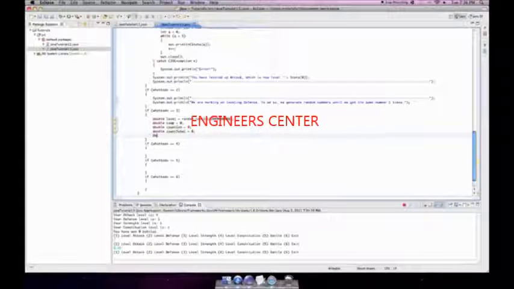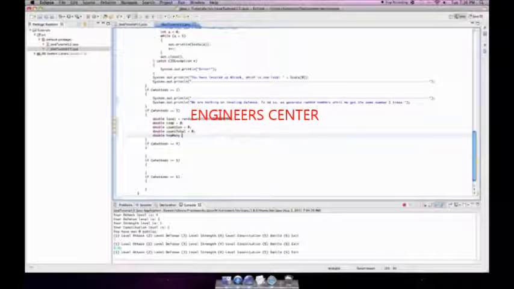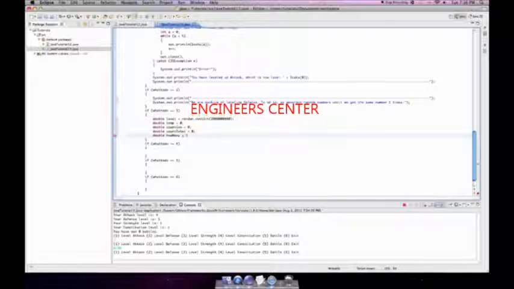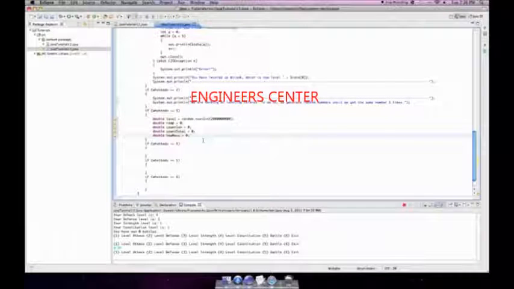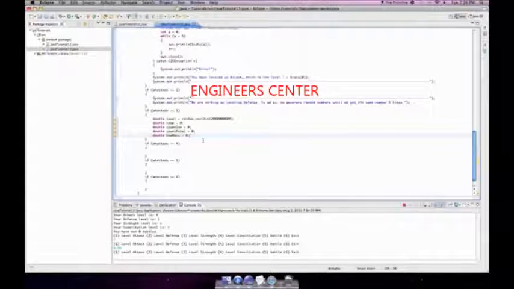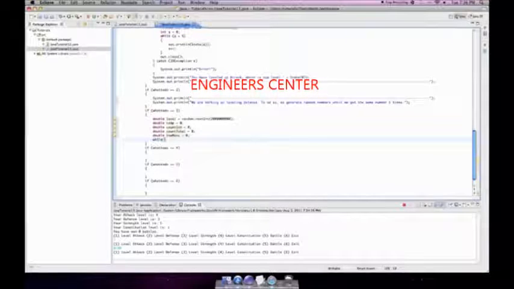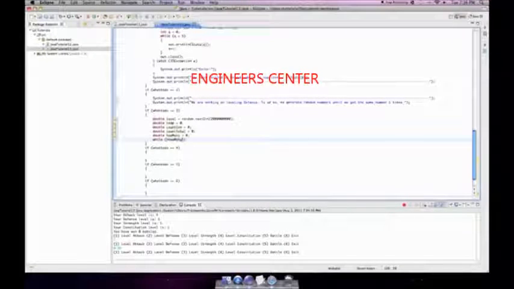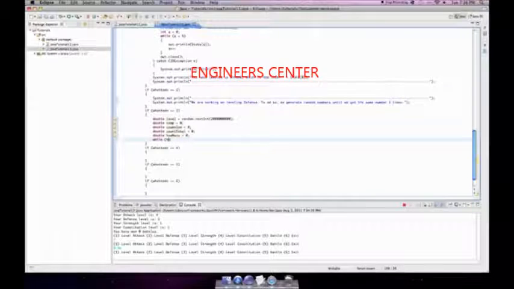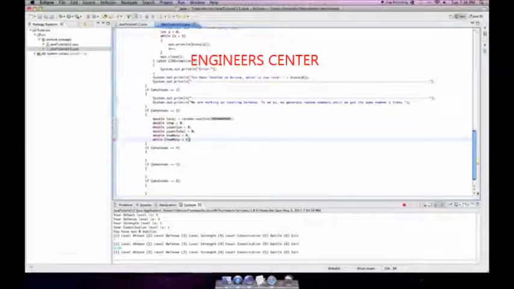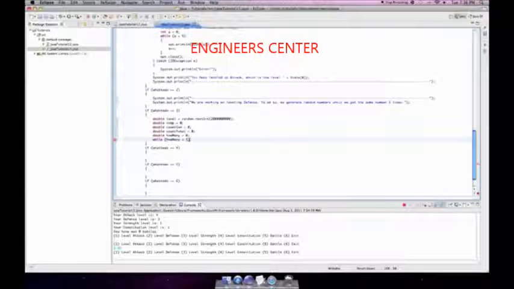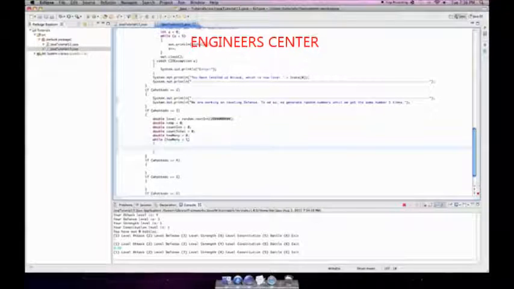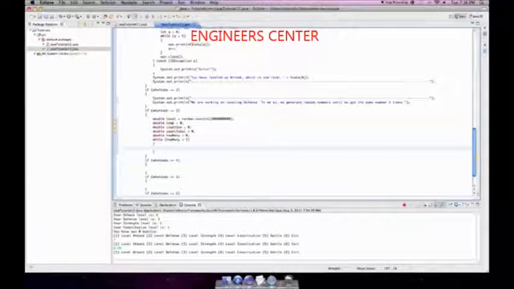And then we're going to say double how many is equal to 0, and we're going to say that while how many is less than 5, because that'll give us the times it's running when it's 0, 1, 2, 3, and 4. Counting that up, 0, 1, 2, 3, 4, that's 5. So while how many is less than 5, it'll